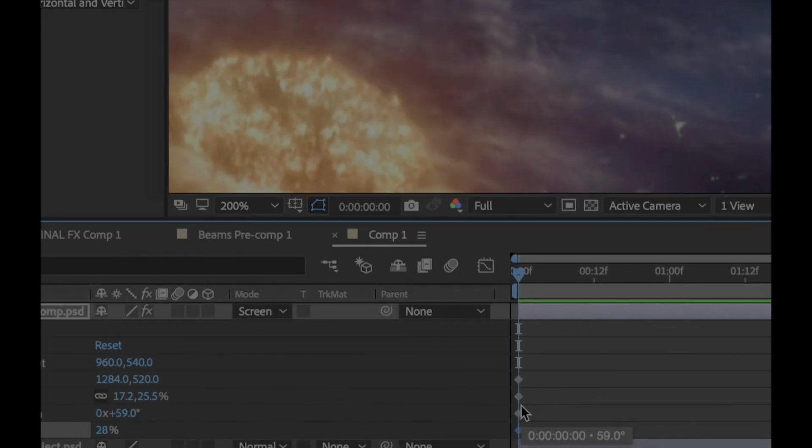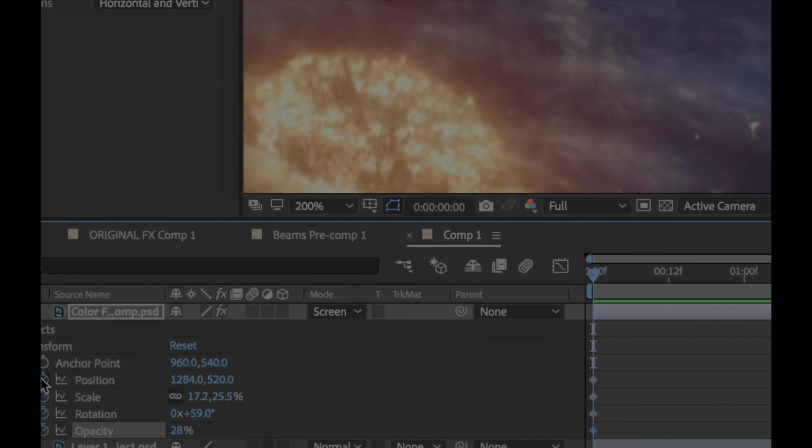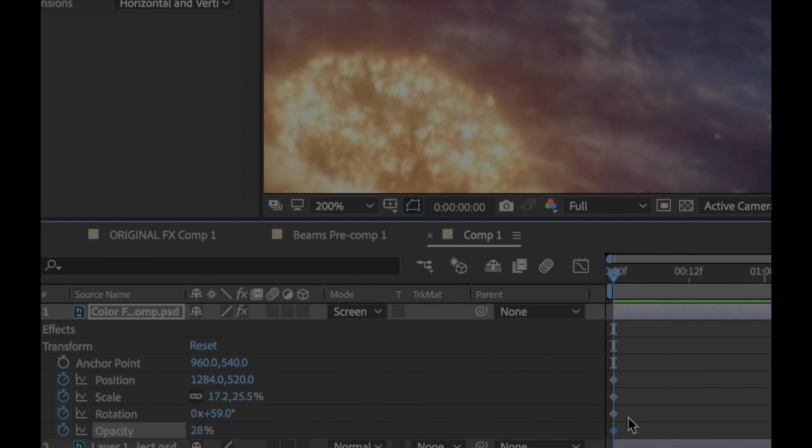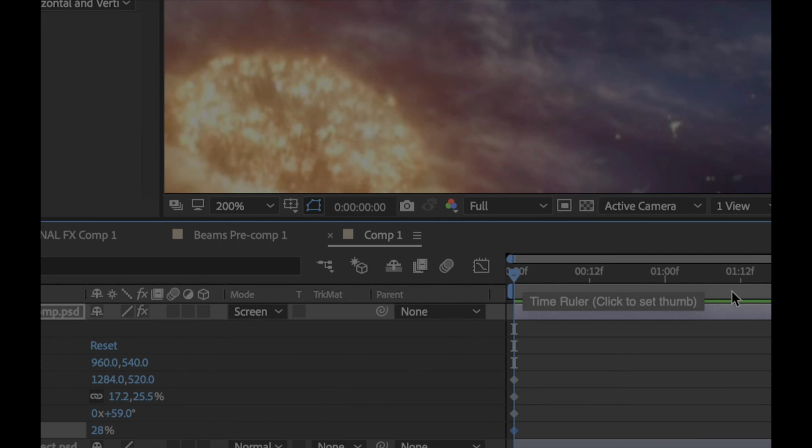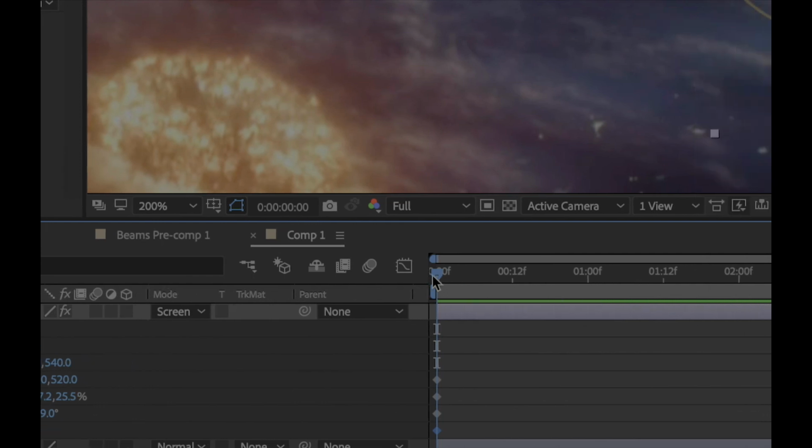You can see here, because of where my time marker was sitting, and I changed the variables or clicked on the little stopwatch, that added these keyframes here, right? So those are going to be my starting keyframes. So if I just change position here a little bit, and I'm going to say over